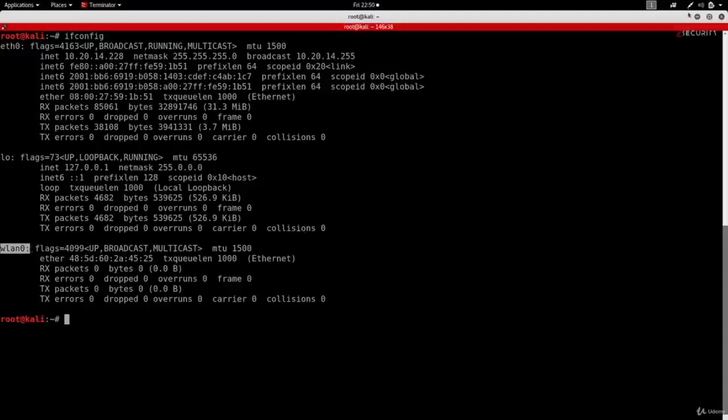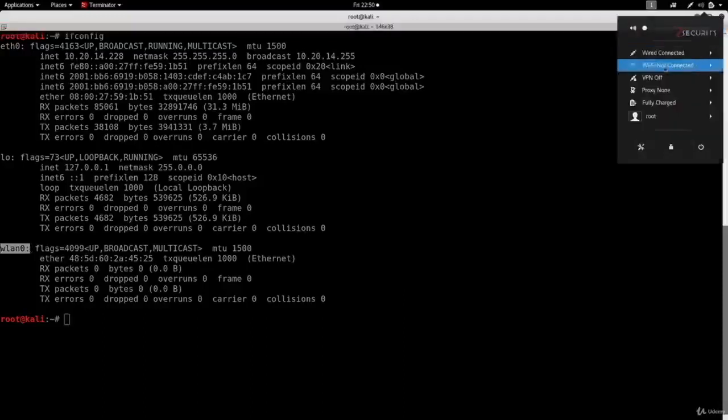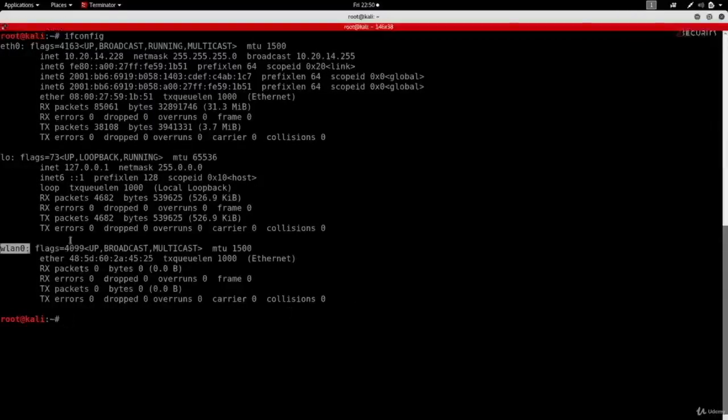But if I go to the network settings here, you'll see Wi-Fi is not connected because I didn't connect to any network, and that's why it does not have an IP address. This doesn't matter, because what we want to do is just change the MAC address, which again is shown here under the ether part, similar to what you're seeing here for eth0.